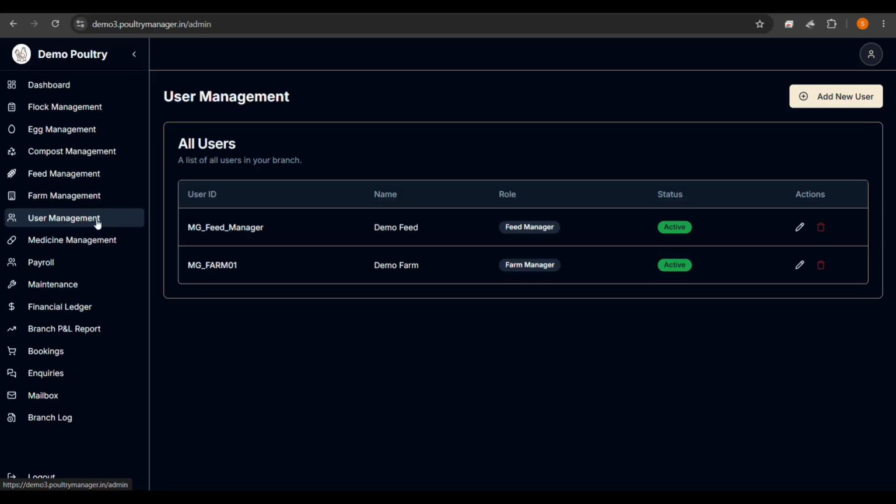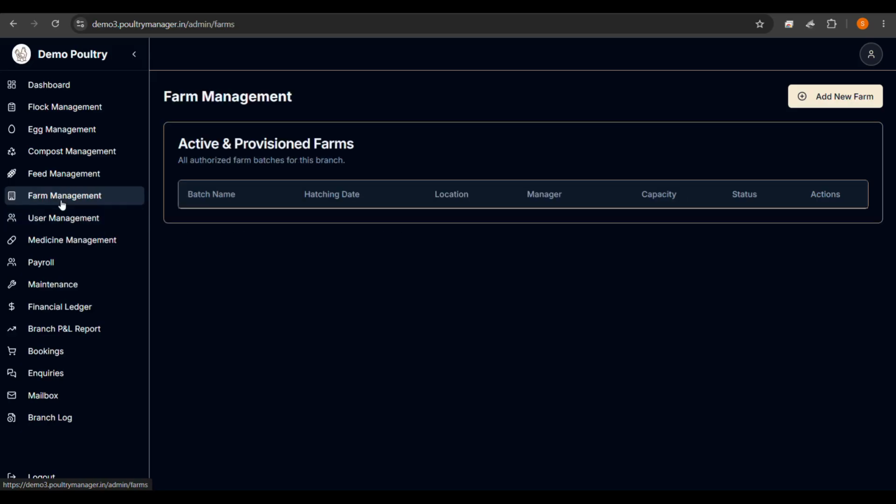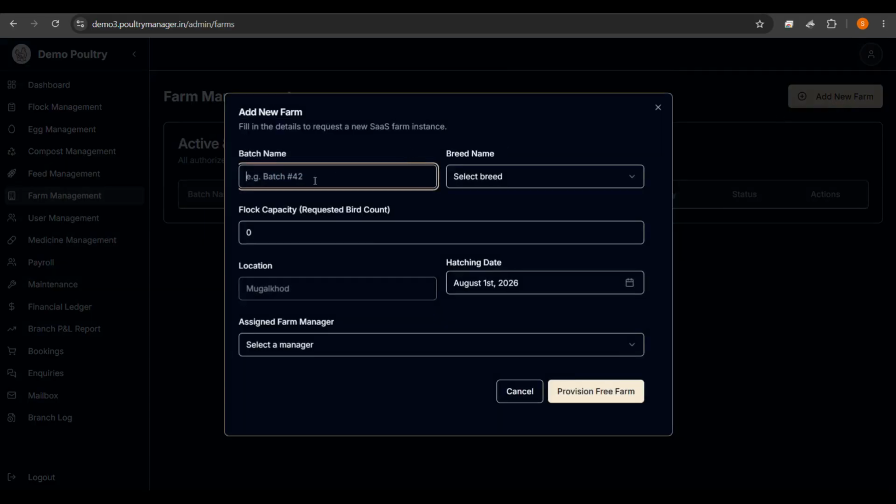Then what we have to do is we have to come to the farm management and we have to add a new farm, and the farm name I will add here, mg location, and the farm number is 01, and the batch number. Just by looking at the name of the farm you will get to know which farm and which batch. Currently we have 01